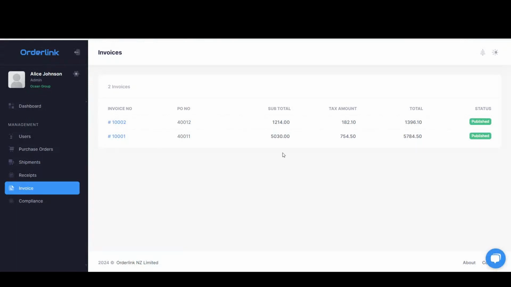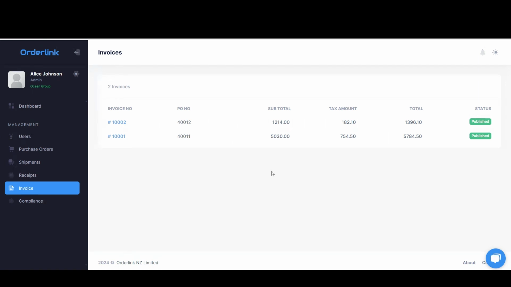So this is your invoice dashboard in AutoLink. When suppliers send you invoices, this is the dashboard they'll appear on. So if we run through an example and we take a look at what a generic invoice would receive from